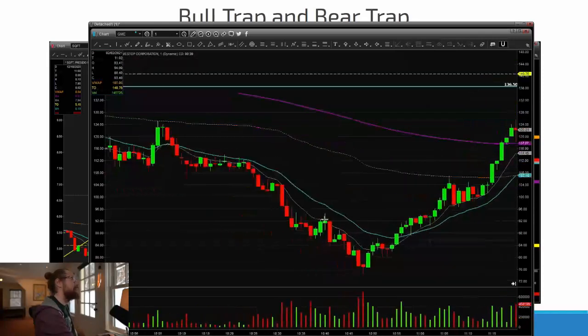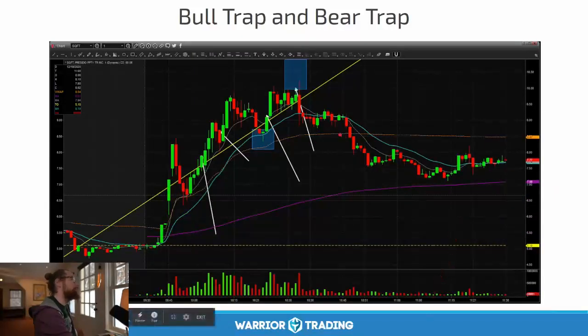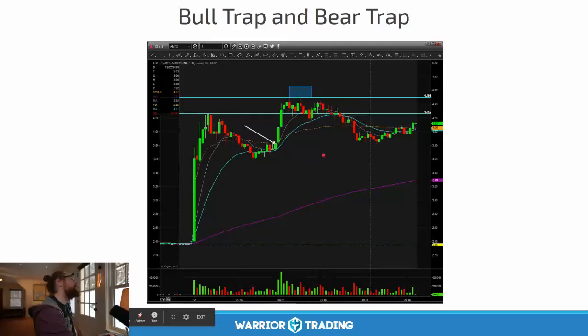And then there's other times where maybe right here it looks like it's about to do it and then just rejects pretty dramatically. We'll talk about that a little bit more when we get into the actual strategy around trading the VWAP. But yes, we do see false breakouts around that level, and we'll see them around a lot of critical levels. This here actually was a clean break of VWAP as it squeezed up there, but then a failed breakout over the $0.50 of 4.50. The beginning of the failed breakout that we were seeing on Savo at $80,